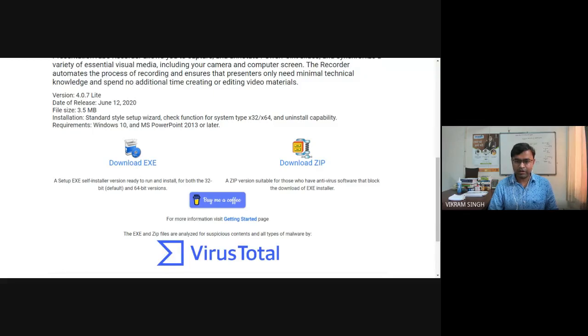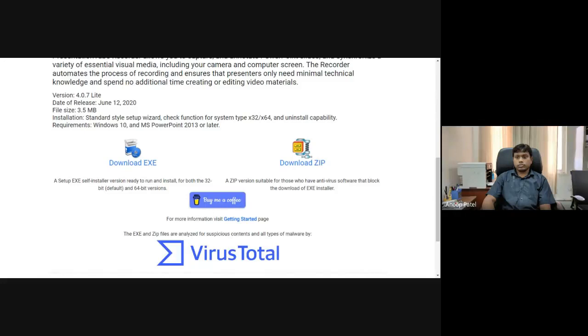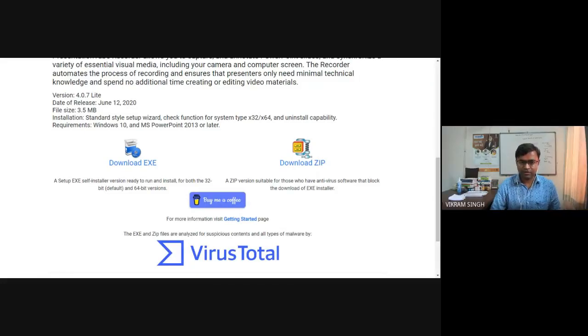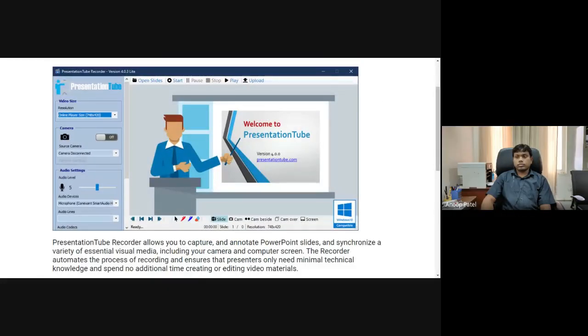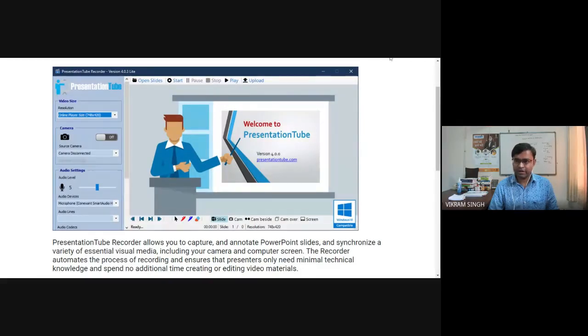Okay, so now it is downloaded. It is perfectly available in my system. Let's see whether it is downloaded or not. We can see that the default screen is visible.